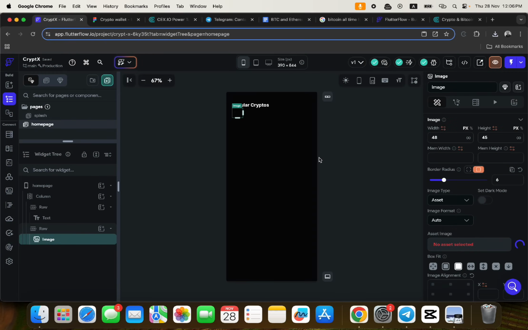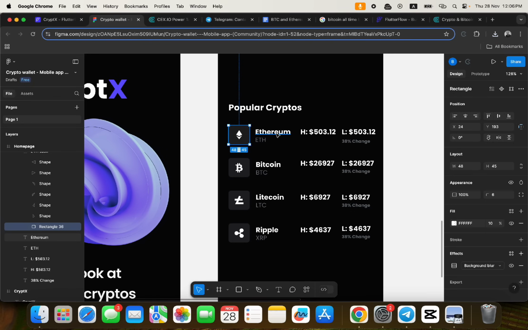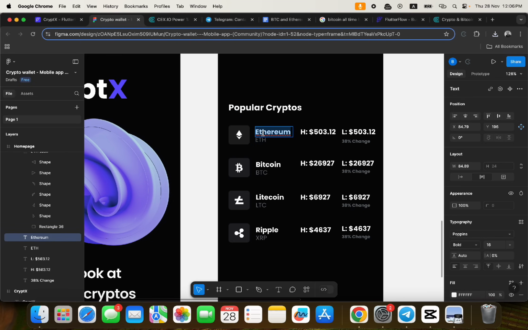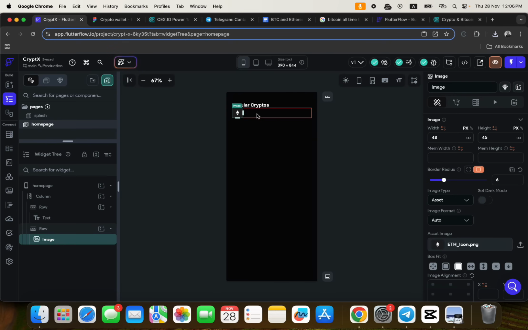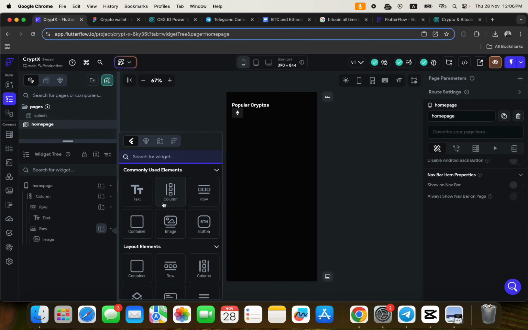I'll click to open it, and then the next thing I'm going to do is these, and these are actually in a column, because that's why this is under it. All right, so I'm going to just copy this real quick. It's 16 and bold. Okay, so I'm going to go ahead, click on this column, sorry, the row,